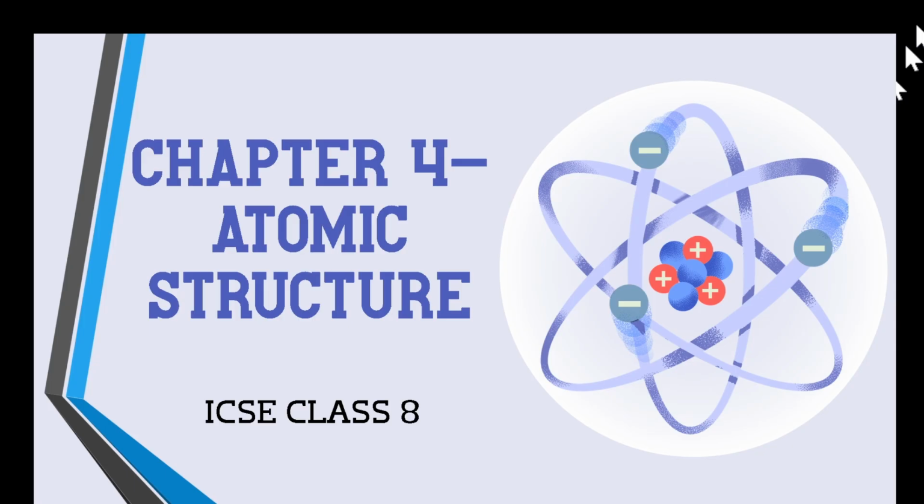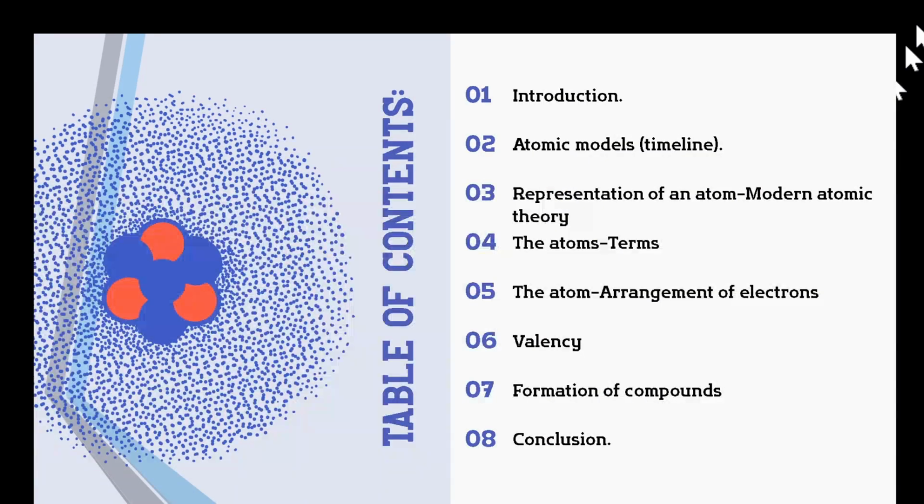Today we are going to start chapter 4, that is atomic structure of class 8 ICSE. In this chapter we'll be seeing a brief introduction followed by atomic models given by 4 important scientists, which is very important for you to know. Then we are going to see the modern atomic theory, the terms related to atom, arrangement of electrons, valency, formation of compounds and conclusion. Today in this video we'll be just covering the introduction and the atomic models because it is a detailed chapter, a very important chapter, so we'll go step by step in order to understand the important